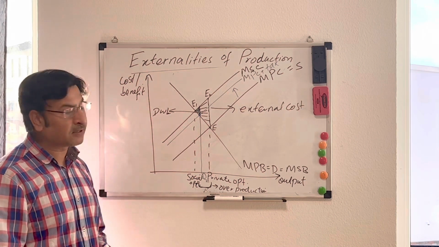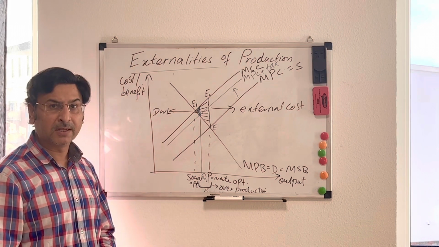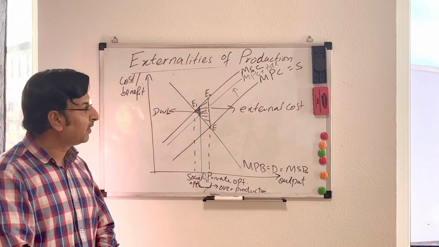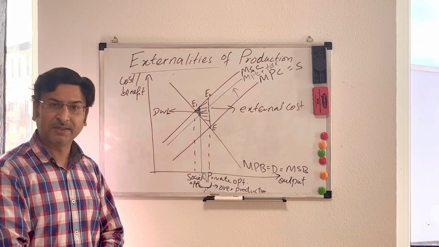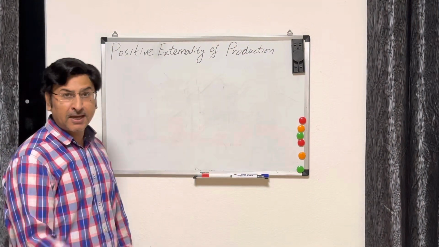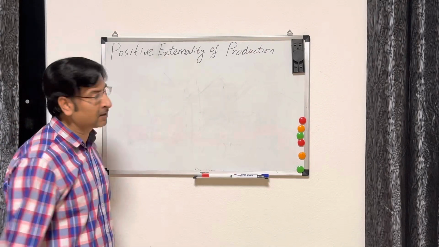So this is the case of negative externality of production. We will shortly be seeing positive externality of production in our next section. Stay with me. Alright, so let's look into the second case of externality of production, which is positive externality of